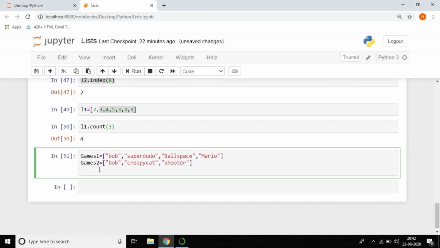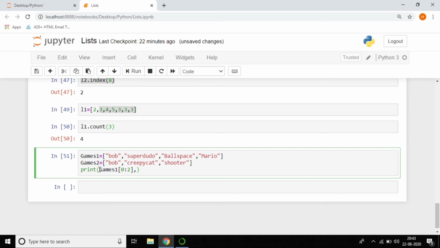So just use print. We are using the slicing method, that's it. Just write games1, and I'm giving the 0th position to 2, so I want only Bob as well as Super Doodle.